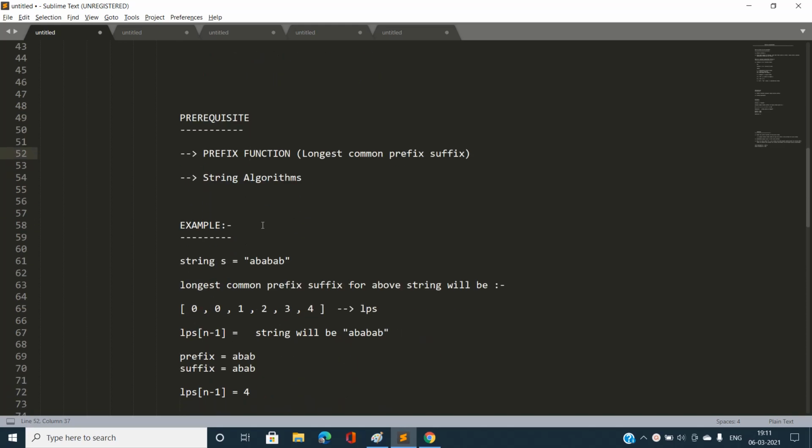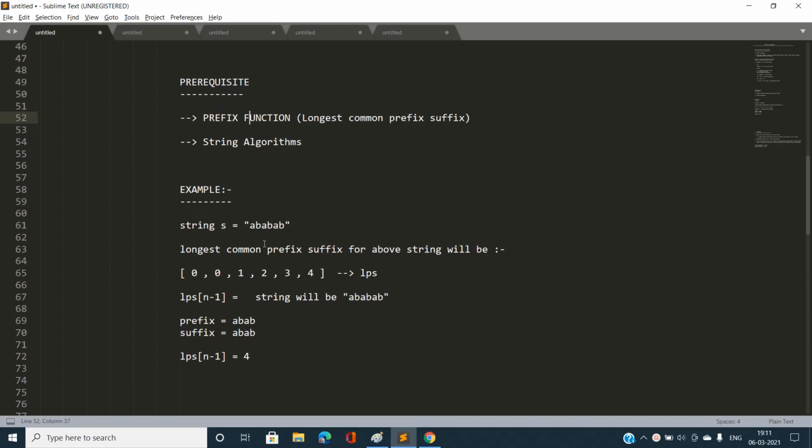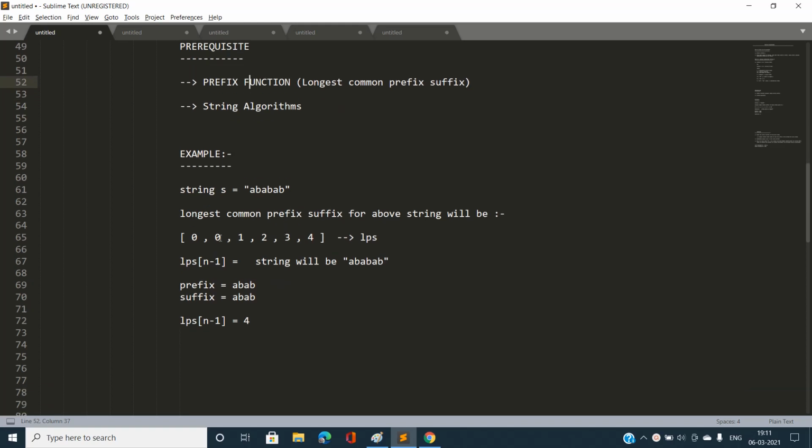Note that if you are not aware of this concept, the prefix function for a given string s, no need to worry. I have mentioned the link in the description section of the video for the tutorial related to how to build this prefix function in the best way, that is in O of n square time. So do have a look over it for better understanding.